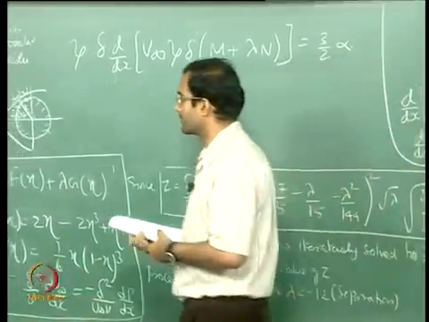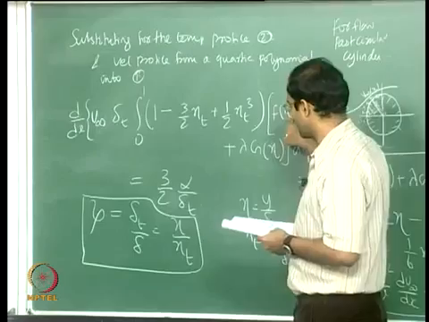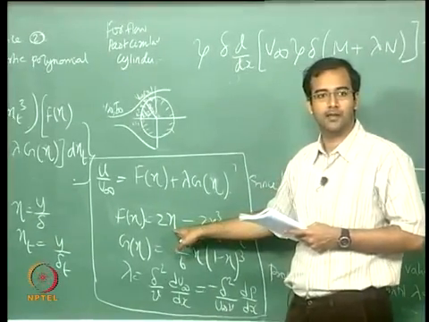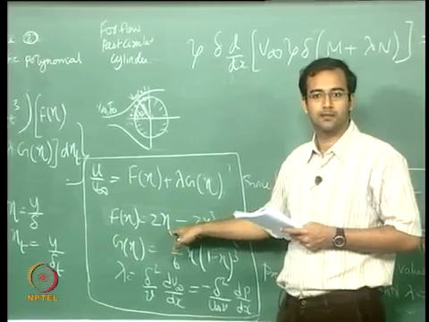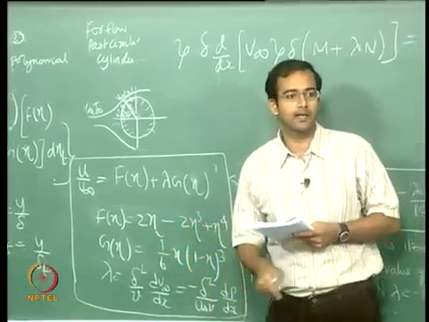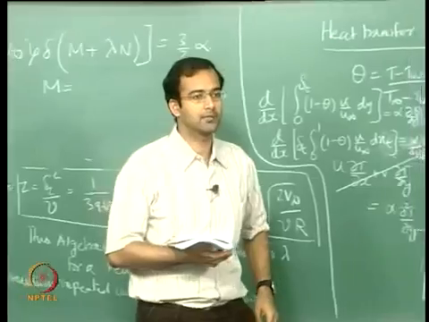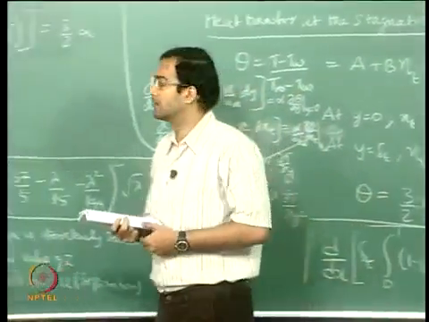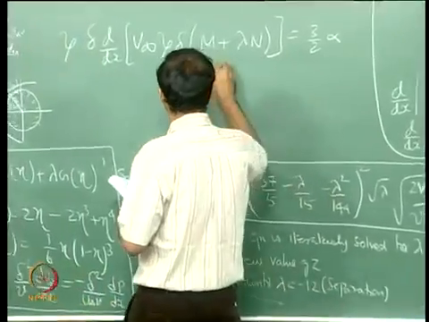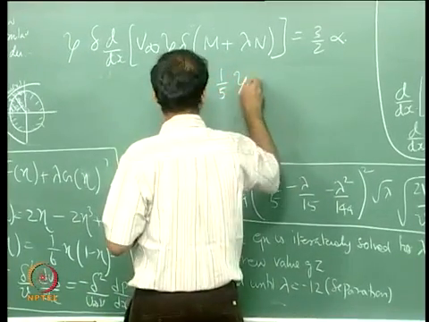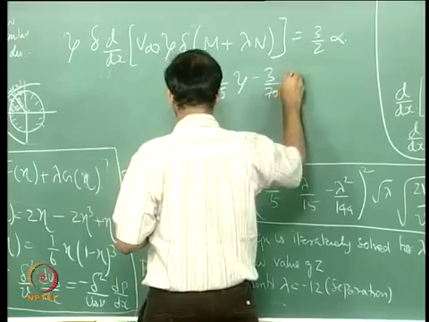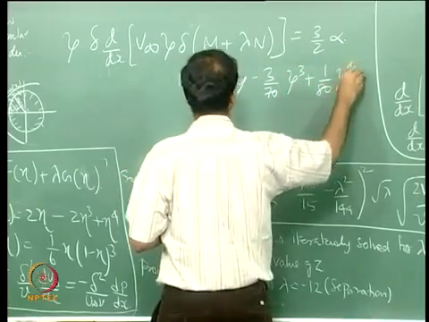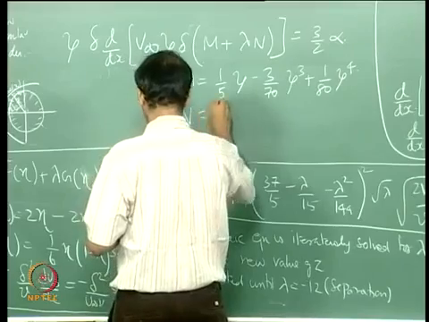Okay, now I am substituting here for eta whatever function I have, all this in terms of eta t and zeta. Now if I integrate it over eta t, the resulting expression should be a function of only zeta. So m will be coming out as 1 by 5 zeta minus 3 by 70 zeta cube plus 1 by 80 zeta power 4, and my n will be 1 by 6